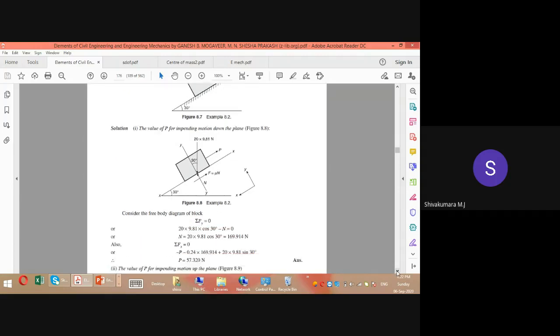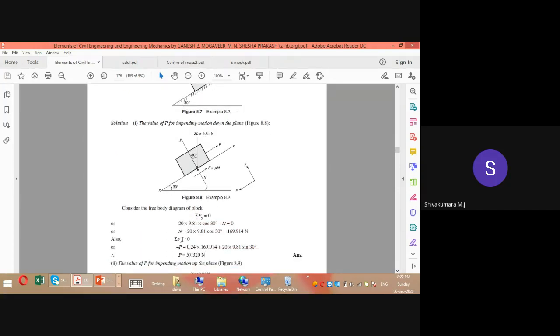For this one you use the conditions of equilibrium, summation of Fy equal to 0 and summation of Fx equal to 0. If we use summation of Fy equal to 0, you will get the value of N. So 20 into 9.81 cos 30 towards down, and then normal reaction N towards up, so you will get the N value. And summation of Fx equal to 0: the horizontal component of this 20 into 9.81 multiplied with sin 30, and mu N, so that you will get the value of P. So this is the least value of P so that this object will reach a position where it is about to move towards down. And another case is